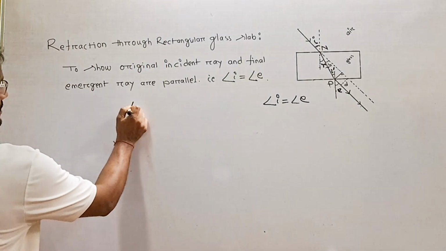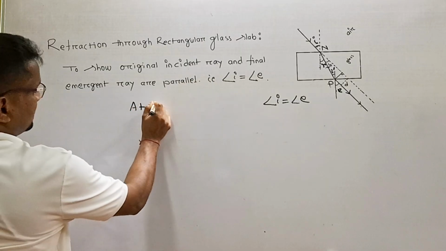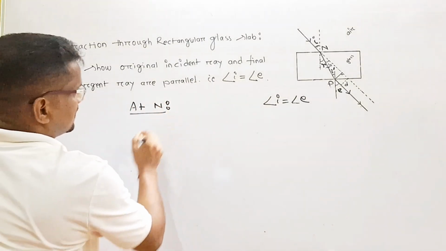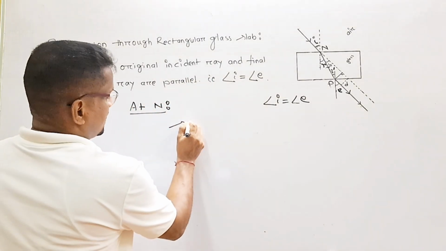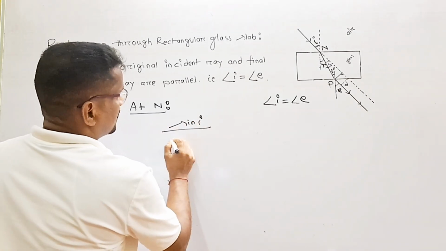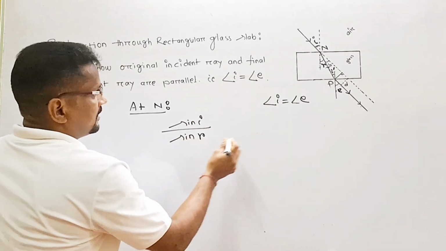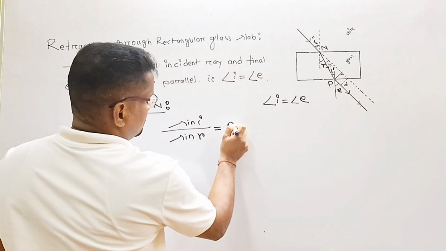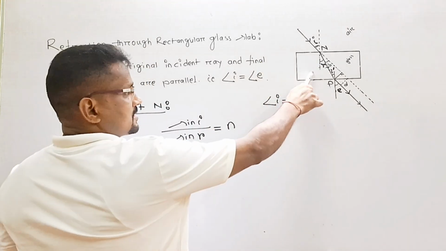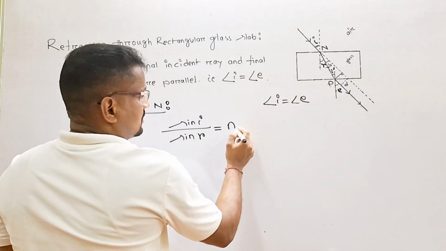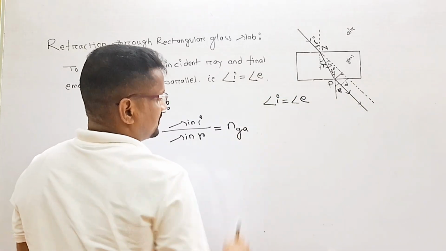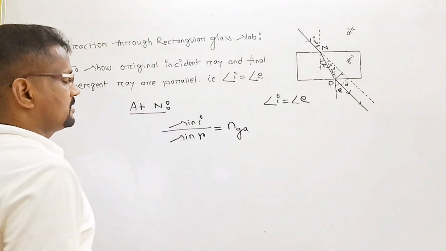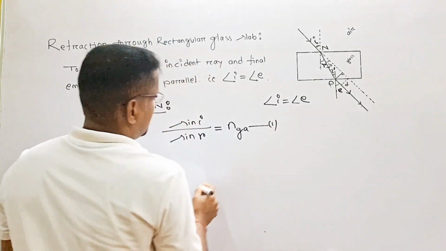So at first, at N, using Snell's law, what you will get? Sin I over sin R. Here I is the angle of incidence, R is the angle of refraction. That is your refractive index of what? Glass, because light enters from air to glass. The refractive index of glass with respect to air. This is, suppose, number 1. And at